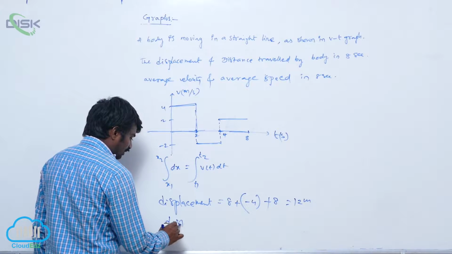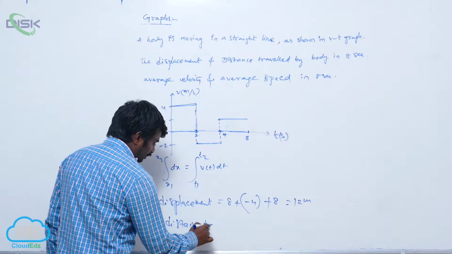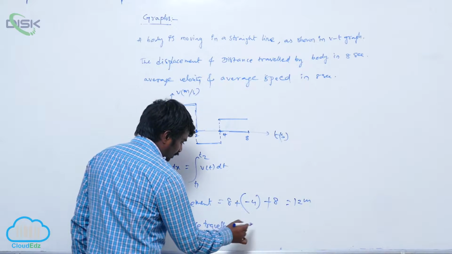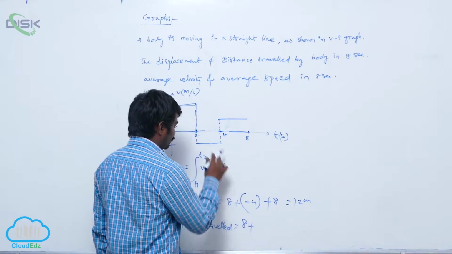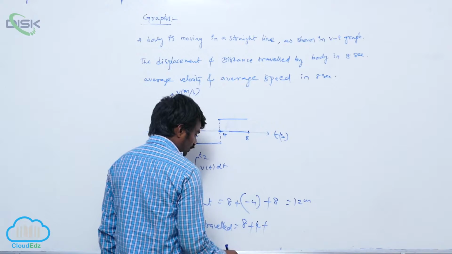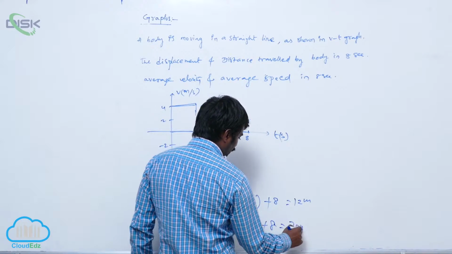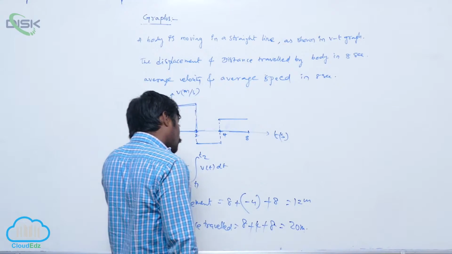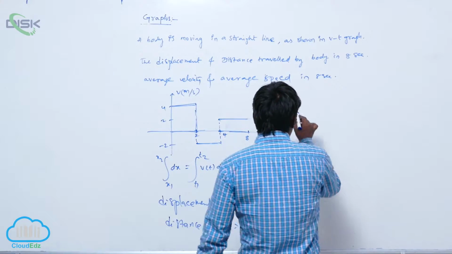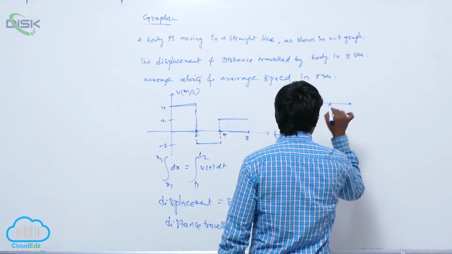Now distance travelled, that means path length. Distance travelled is equal to 8, plus this negative one also we take as positive because it won't be negative, plus 8. What do you get? 20 meters. That means if you go for the actual physical situation,